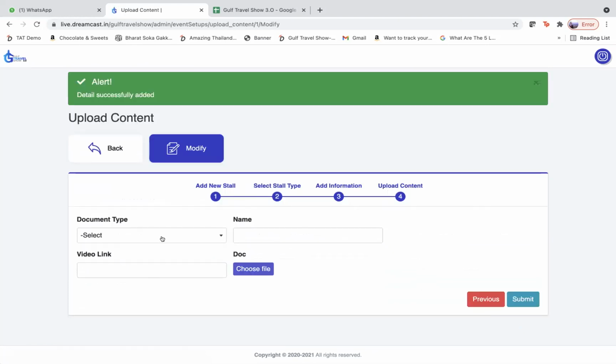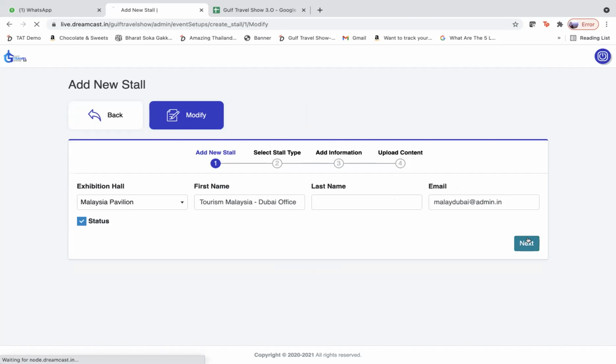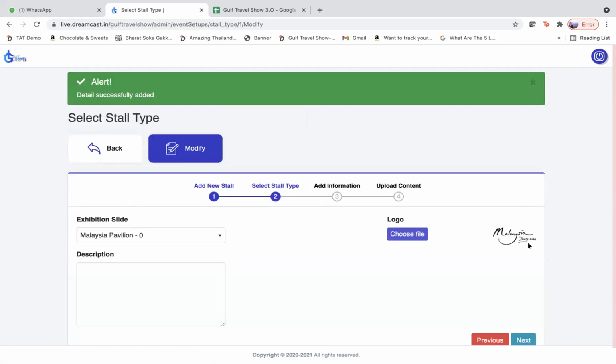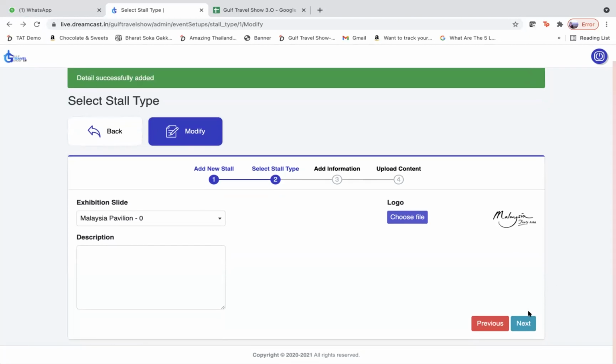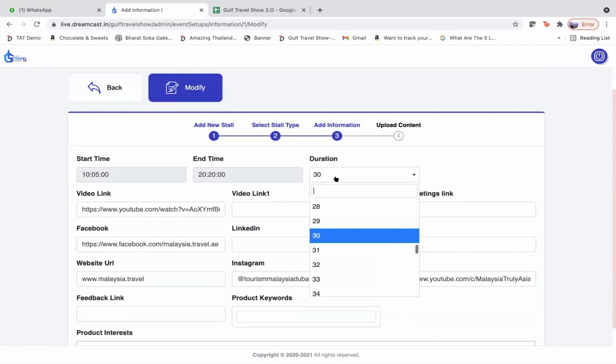How long is the usual duration of the meeting? I believe 30 minutes, or you will have to verify, 1 hour or 15 minutes.